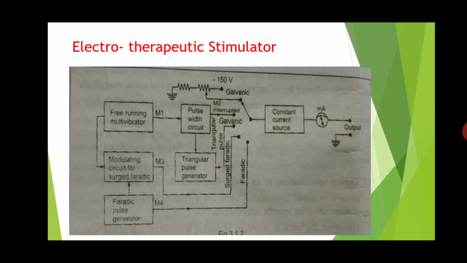Finally, any one of the waveforms can be selected through a selector switch and fed either to an emitter follower stage, in order to provide a low output impedance constant voltage output, or to a high output impedance constant current stage. The output impedance of a constant voltage stimulator is of the order of 100 ohms, and for the constant current type it is greater than 10 kilo ohms. This stimulator is isolated from the earth, so it is safe for the patients.